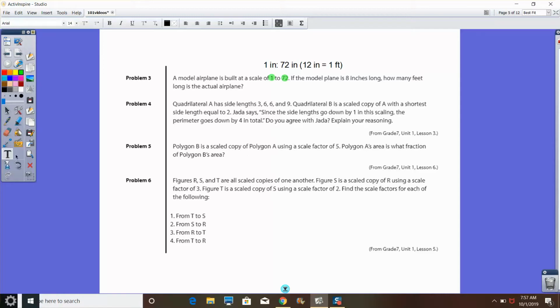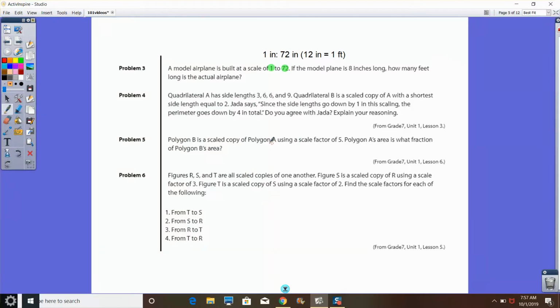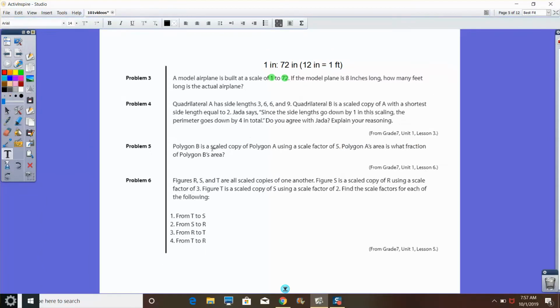For problem 5, this is a lesson that's optional, and so some teachers may have skipped this particular problem, but I'll give you the quick answer here. Polygon B is a scale copy of A using a scale factor of 5. Polygon A's area is what fraction of polygon B's area? Well, when you scale area, it doesn't work the same as scaling distance. So in fact, a scale factor of 5 would mean that polygon B's area is 25 times as big, because you would actually